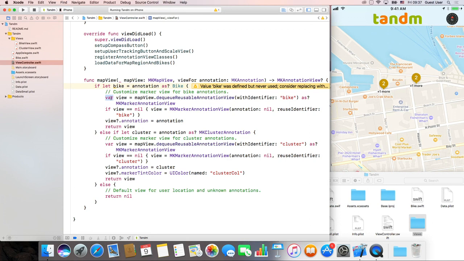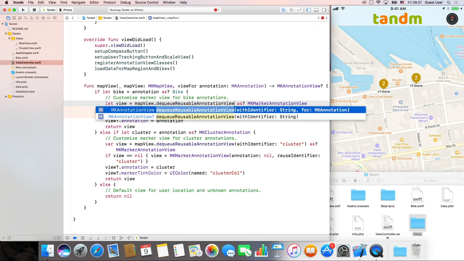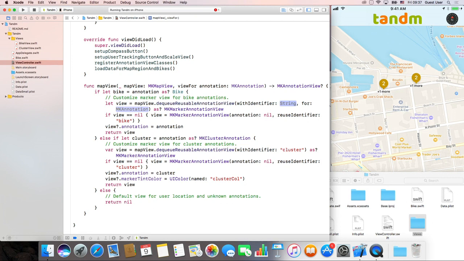Another thing that might annoy Swift developers is that this view here is an optional. We really don't want optionals. So we want it to be a normal required variable. Now, the dequeue reusable annotation view with method does return an optional, but we fix that and give you a sibling, the dequeue reusable annotation view with identifier for annotation. It is modeled after the dequeue methods on UITableView and UICollectionView. So it will always return an instance. Let's give it a